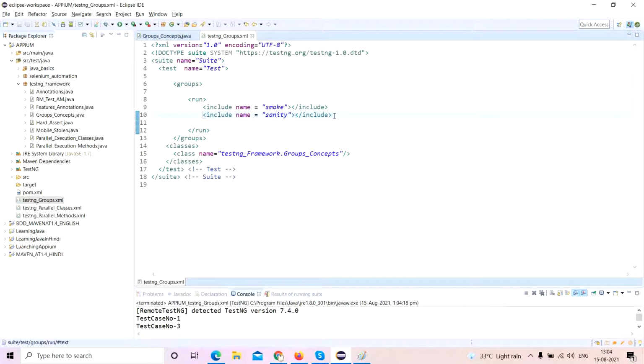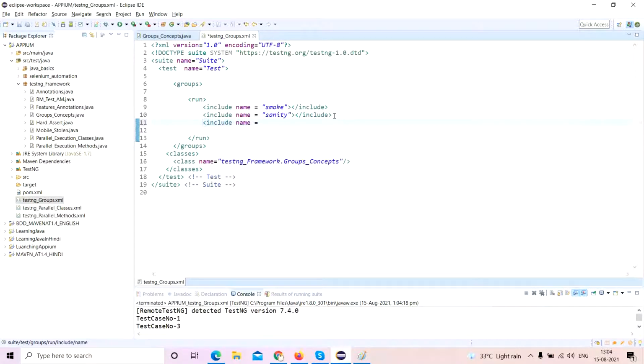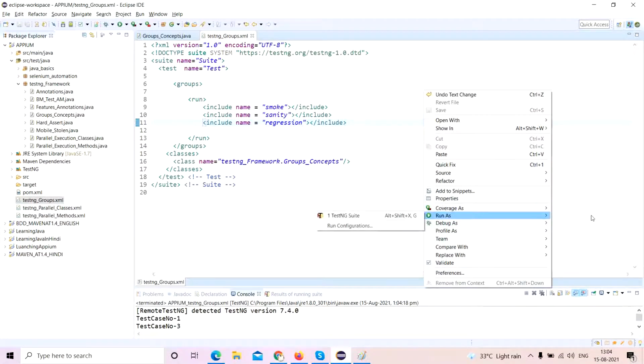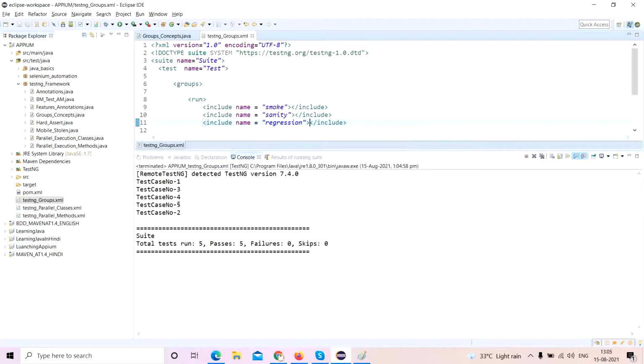Let's say, for example, I include regression as well. Now you will see all the test cases will get executed. All 5 of them will get executed, 1, 2, 3, 4, 5, because all of them have these groups.